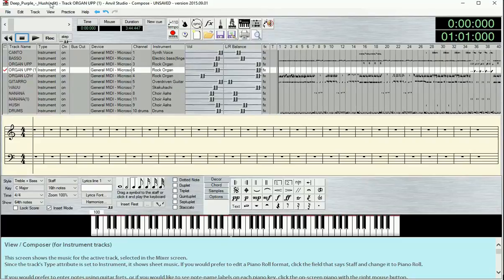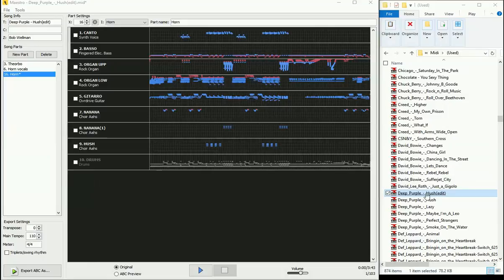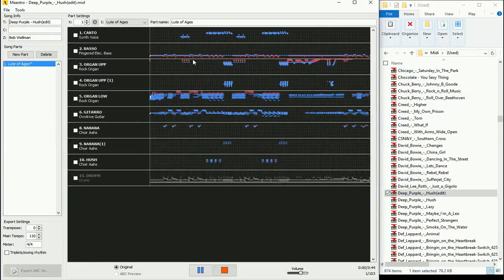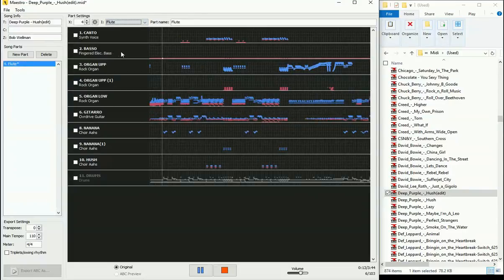Since I am in the edited version of it, I'll save it. And then I'll drop it, and you'll see again there's two lines for that part. That makes for a cleaner sound, in my opinion. So I'll take the flute,